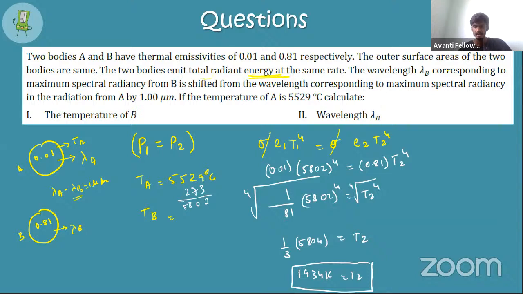Okay. Am I clear, students? So either you can use Stefan's law or Wien's law to find it. Just choose whichever is comfortable and whichever is easy. Am I clear to all of you? And I'll leave you to solve what is lambda b. Okay, once you know temperature 1, temperature 2, and they are also given the lambda a minus lambda b difference, you can find out lambda b. So I'll leave the second part for you to solve. Okay. Is it clear, students?